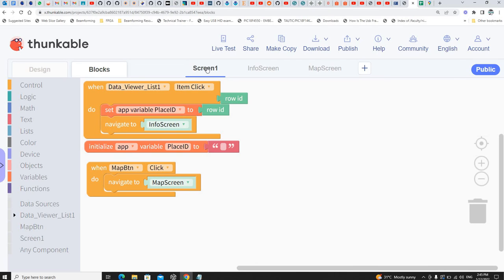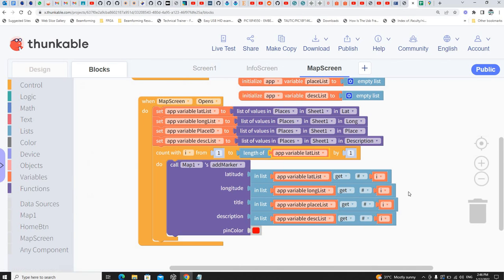Map. Do you see now it actually has 3 markers? Sorry, I couldn't show it on the screen because the app is not working. Do you notice one thing, that when you touch on the marker, the name is not coming? Why? Oh, okay. I did something wrong here. This is the app variable place list. No wonder the name